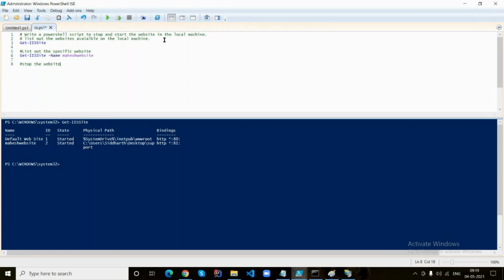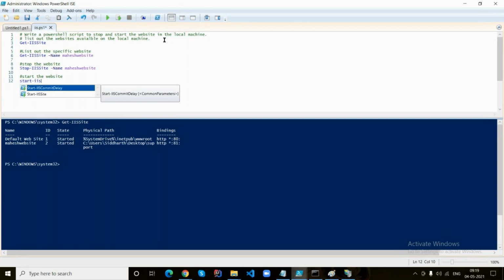Okay. Now stop the website. Stop-IISSite. Pass on the parameter name. Now start the website.